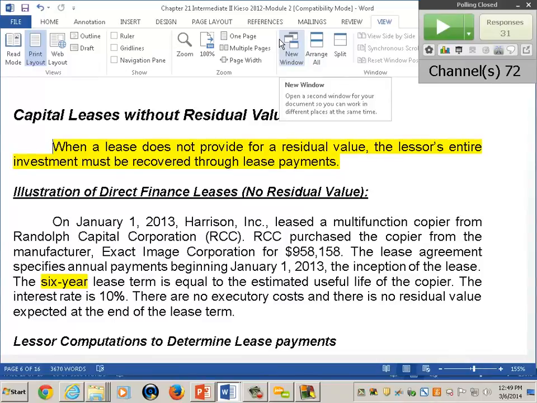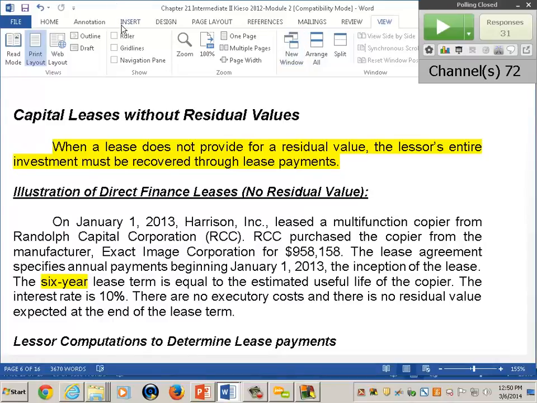So it's the same company, everything's the same, except now the lease term goes to 6 years. Now, this is not always going to be the case, and I know one of the things we always worry about is how you are going to ask this on a test, and how I am going to see this in practice. In this case, I just want to show you how the lease payments are calculated.